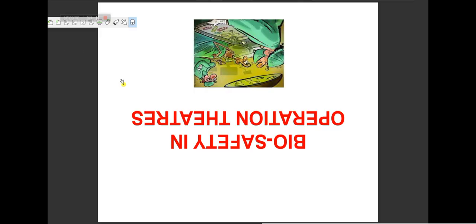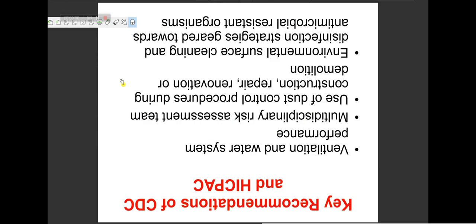So let's begin. First of all, there are some key recommendations of CDC and HICPAC. The full form of CDC is Centers for Disease Control and Prevention, and HICPAC is Healthcare Infection Control Practices Advisory Committee, right? So there are some key recommendations of these, where what is coming first: ventilation and water system